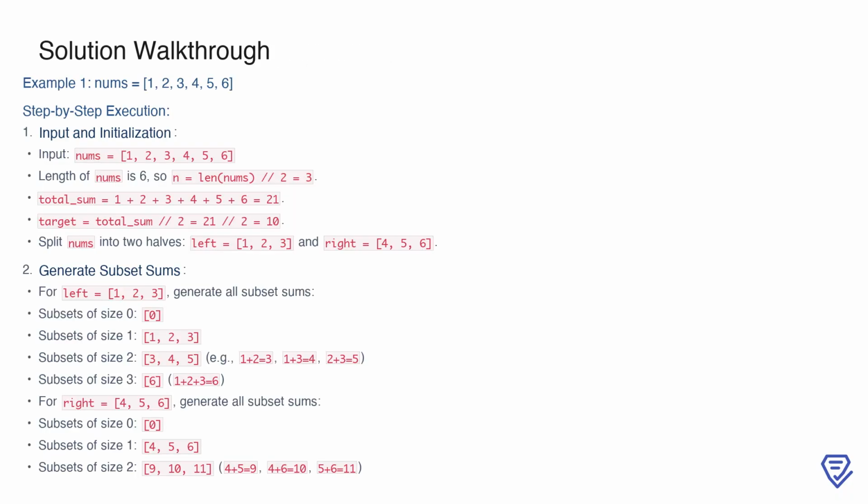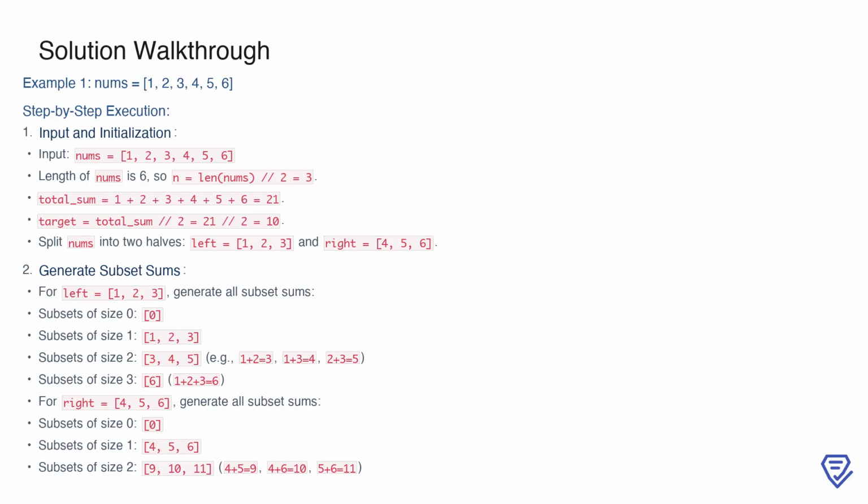To begin solving the problem with the given input array nums equals [1, 2, 3, 4, 5, 6], we first calculate the necessary parameters. The total length of nums is 6, so we divide it into two halves, each of size 3. This gives us n equals 3, and the total sum of the array is 21. Our goal is to split the array into two subsets such that the absolute difference between their sums is minimized. To achieve this, we aim for each subset to have a sum close to half of the total sum, which